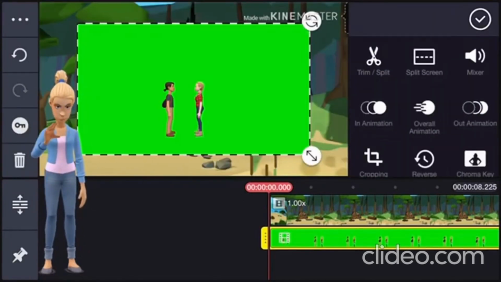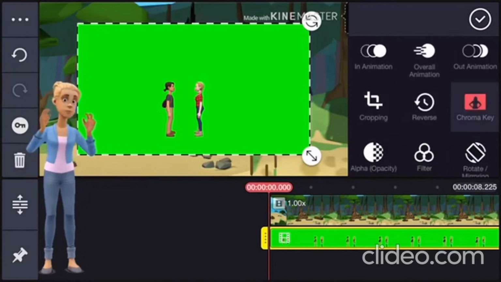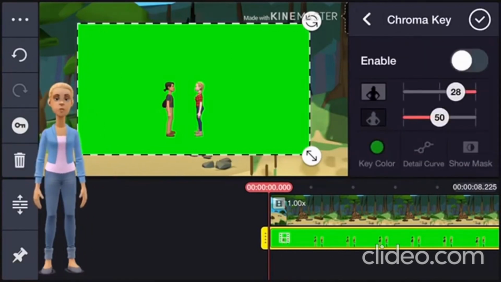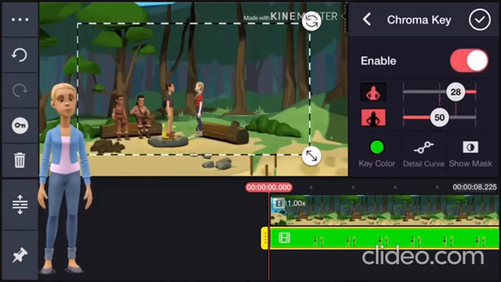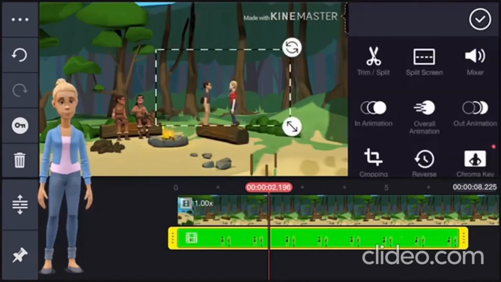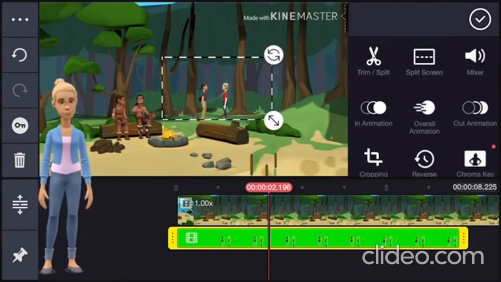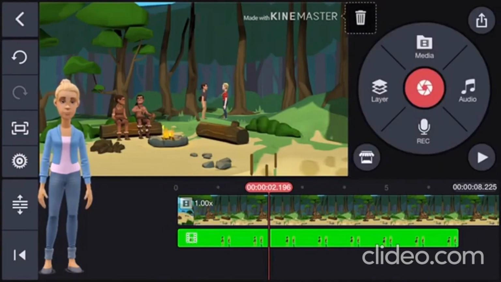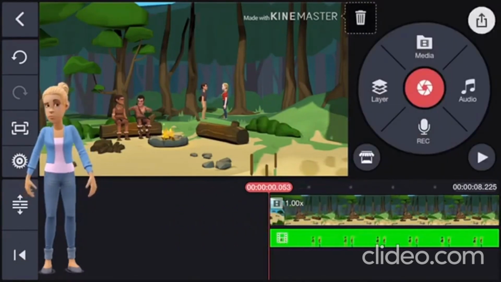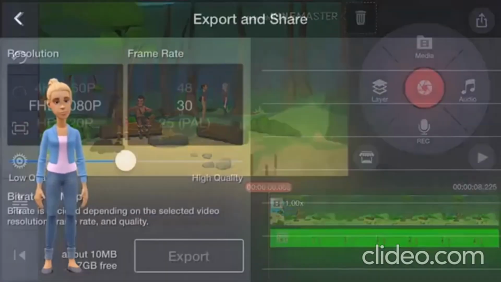The added green screen should be marked now, so you should look for the icon that says Chroma key, then press Enable. Now the green screen should be removed. You can position where you want the characters to be, just like shown here. You can also add filters to your green screen or background video if you like, but we didn't in this video. When you feel happy with the result, it's rendering time again.